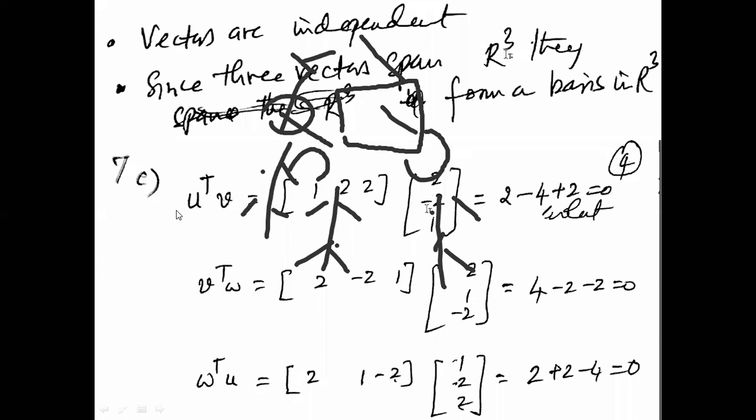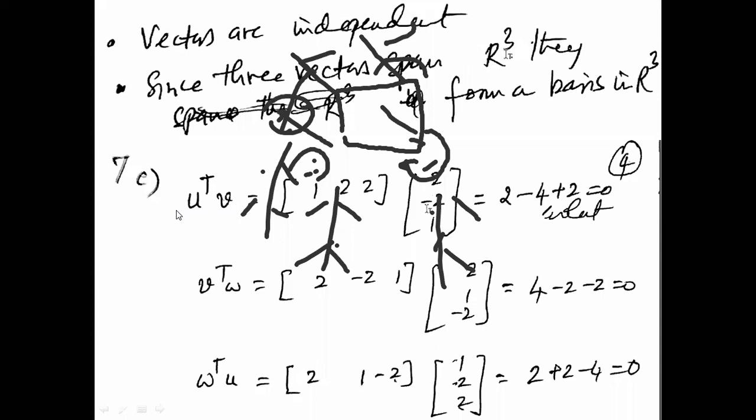So the vectors U, V, and W are given to us, and we need to see if they are pairwise orthogonal or not orthogonal. For doing that, we find the transpose of vector U, and we keep V as it is. We find the transpose of V, keeping W as it is, and we find the transpose of W, keeping U as it is, and we find the product of them. If those products are 0, then we say that the vectors or the matrices are pairwise orthogonal.